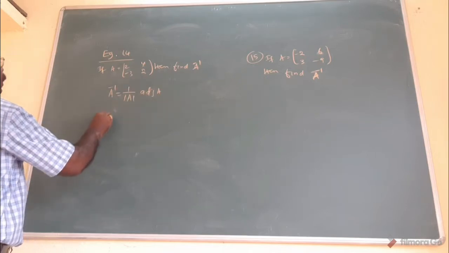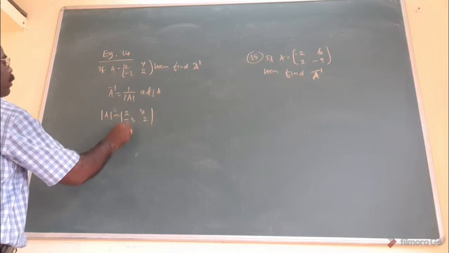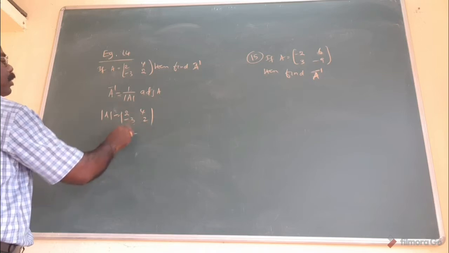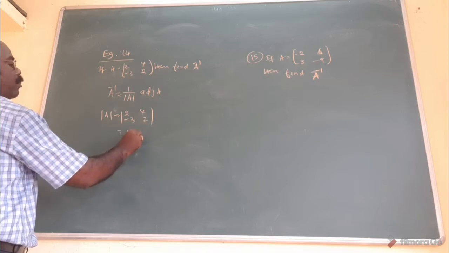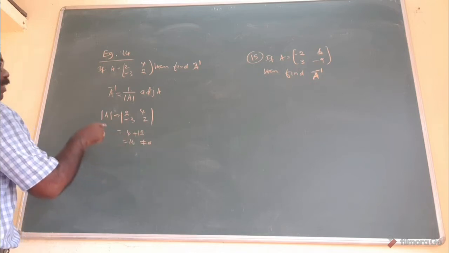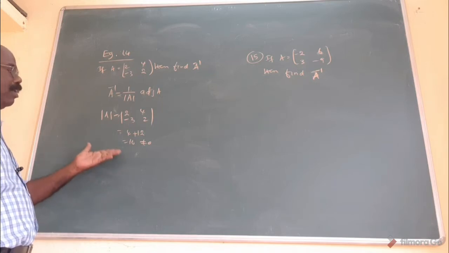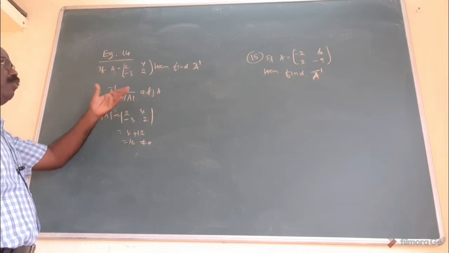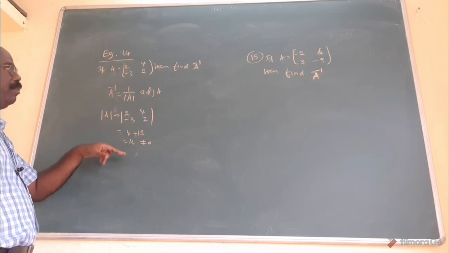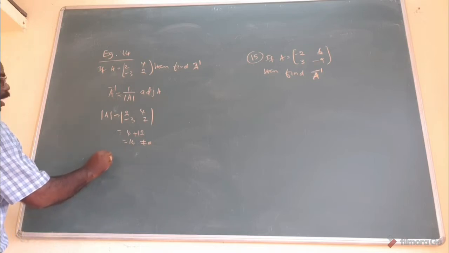The formula involving determinant of A, am I right? Now multiply: 2 times 2 is 4, minus, multiply both, minus 12, already minus, plus 12. That is 16. That's why it is not equal to 0. If it is 0, you need not find adjoint, because determinant A not equal to 0 means inverse exists, and you will find adjoint after substituting. But if it is 0, the inverse does not exist. That is the answer. Now what is adjoint? Already told you.